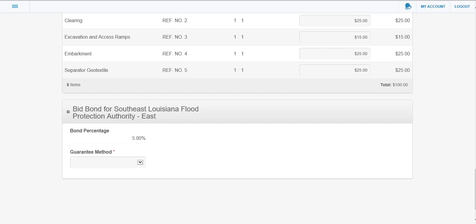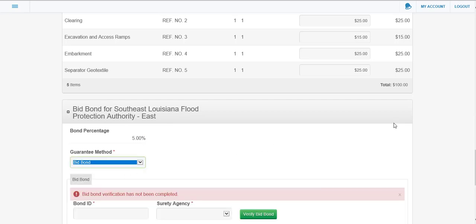Next, we're going to do the bid bond. So here, it looks like the agency is requesting a 5% bid bond. So you can do either the bid bond, if you're doing your bid bond electronically,